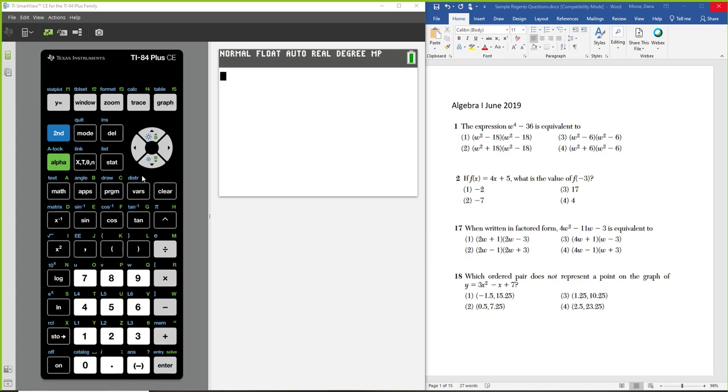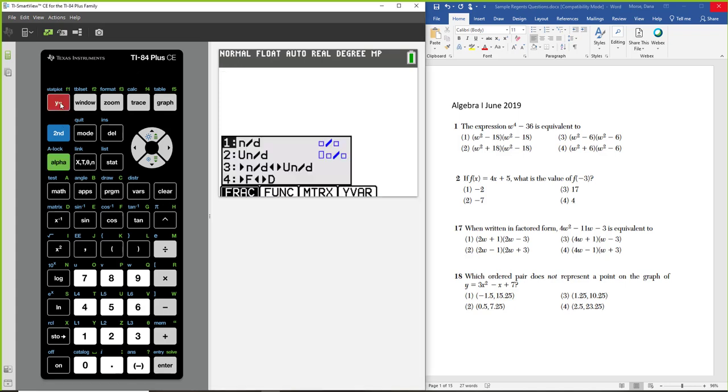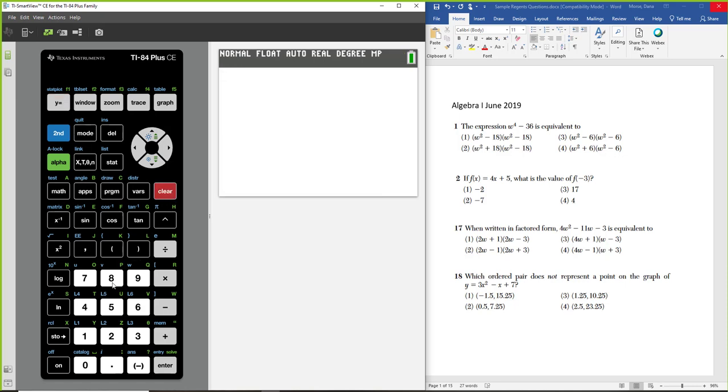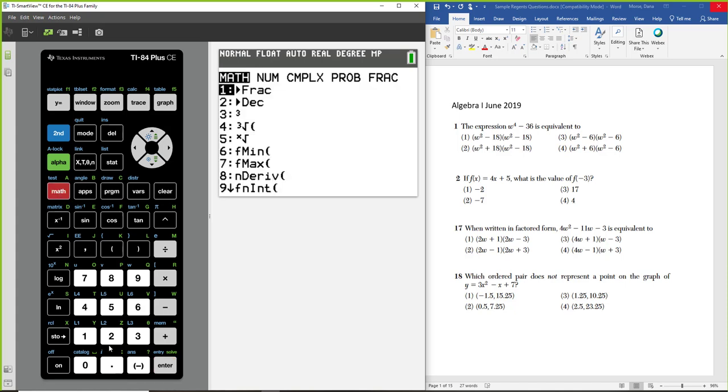Okay, things that I really want people to know about the 84 family. You must know by now the MathPrint exists. Okay, so no one is doing fractions the old school method like that, and no button memorization of saying Math,